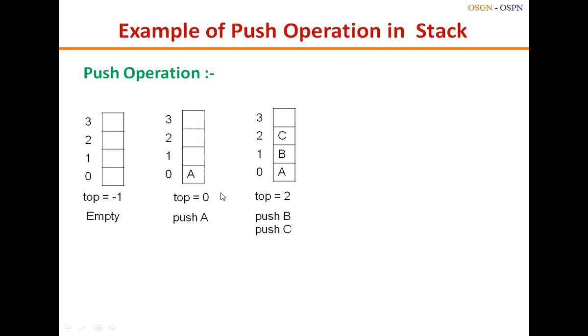Now the top value is 0. You have to increment it by 1. Now it will point here. Then you push this B. Then you again increment the top by 1. It will become 2. Then you insert or push this C. Are you getting what I am saying? One time you cannot increment top by 2. One by one: increment 1, then insert, then increment 1, then insert, like that. Increment the top by 1, then insert the value. Then again increment top by 1, then insert the value. Like this you have to do.